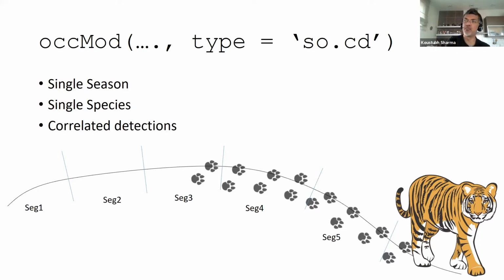So the point being, there is a spatial correlation between these segments, where if you detect it in one segment, you're much more likely to detect it in the next segment and so on. And the modeling approach, which uses correlated detections, allows this to be addressed as an issue. There's a recent paper, I think we might have already shared it, but if not, we'll share it again, where we used it for common leopards' distribution.